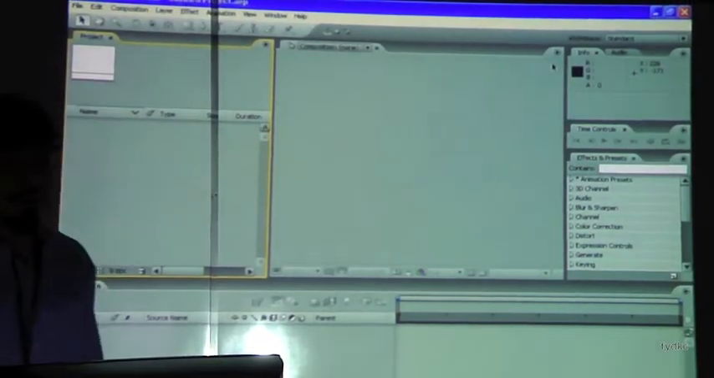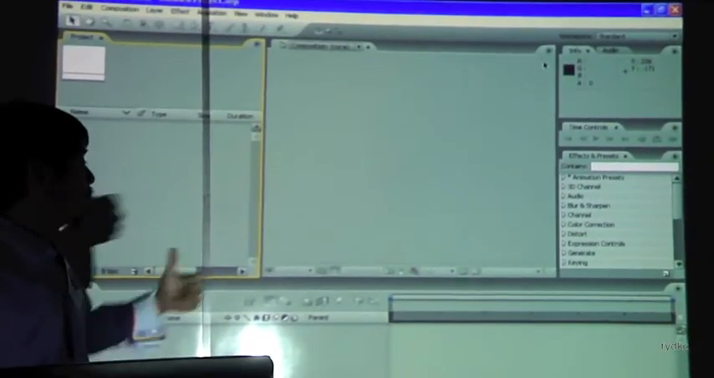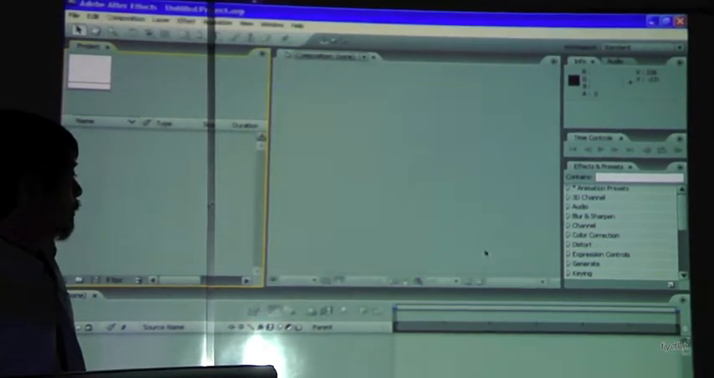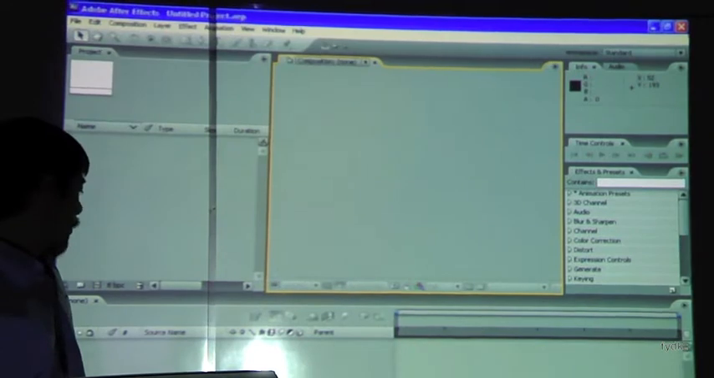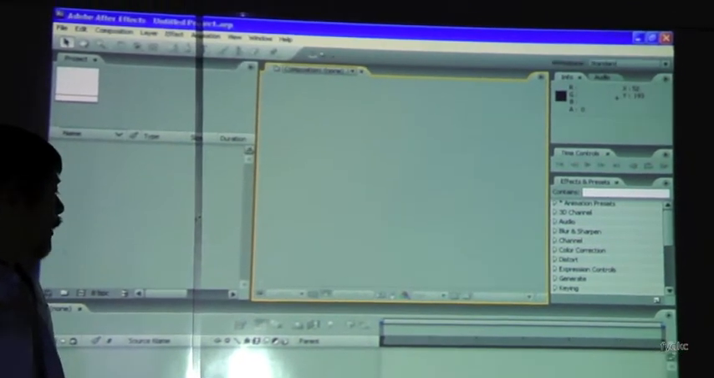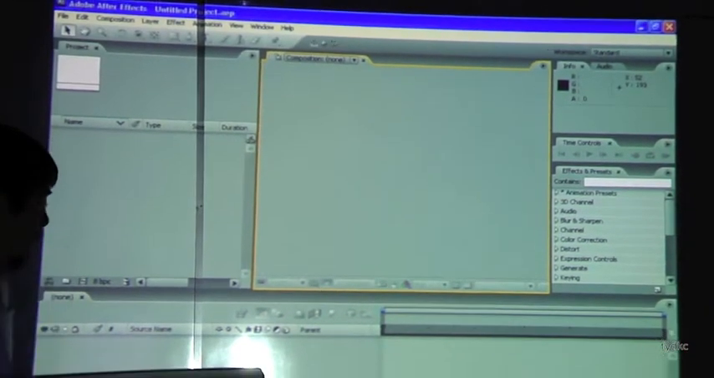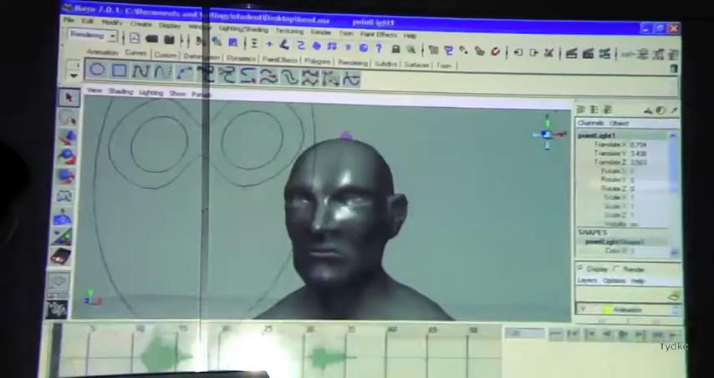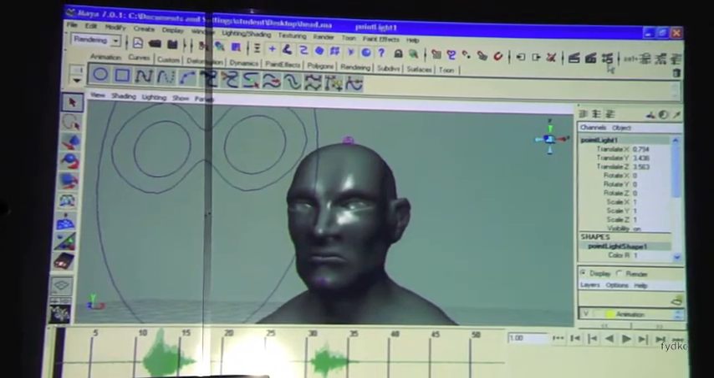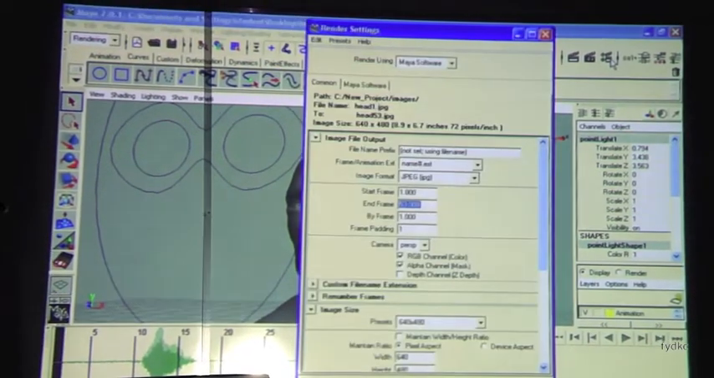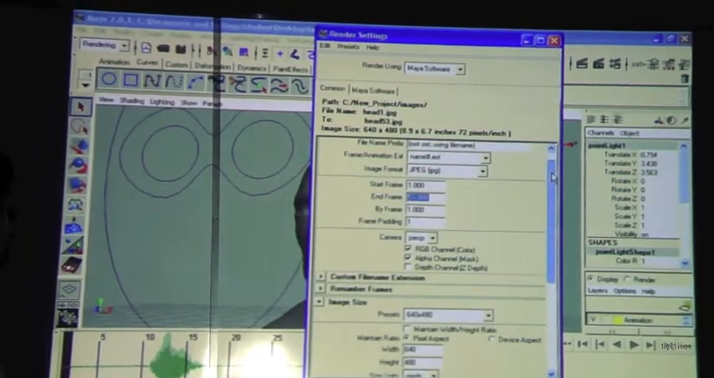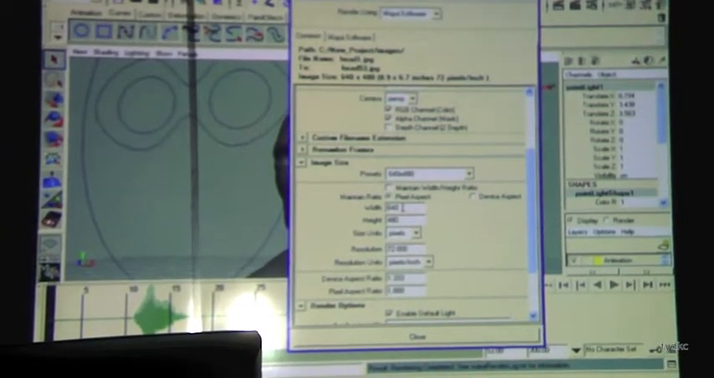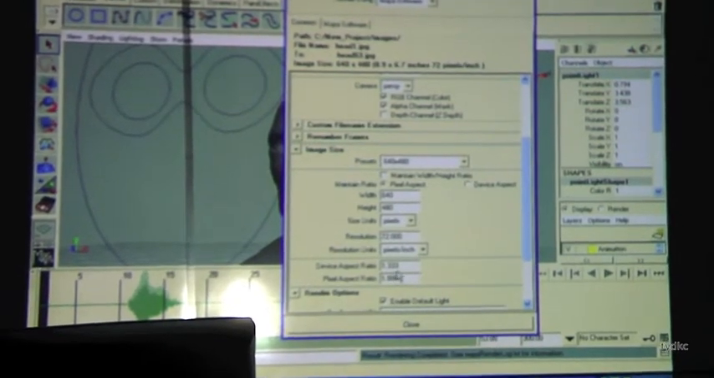Okay, so After Effects opens up and it kind of looks like Premiere, right? Okay, so let's click on OK. Alright, so what you need to do is to get the format that you got from Maya. So if we go back to Maya and we go to our render settings, you'll find out that it's running 640 by 480 and the device